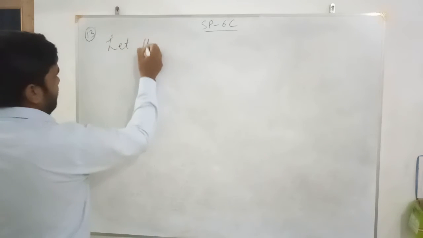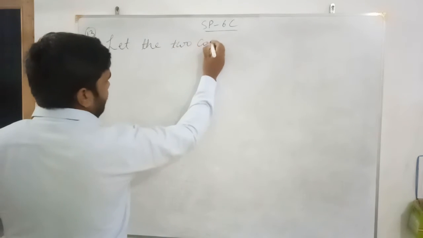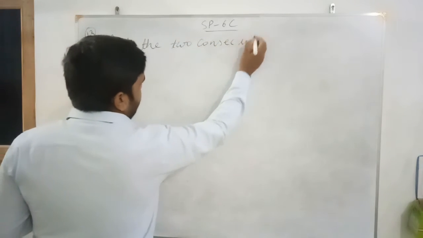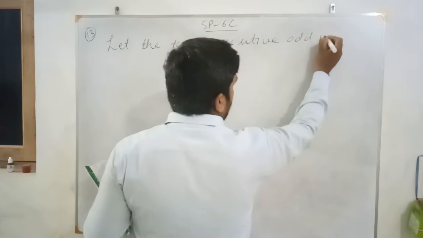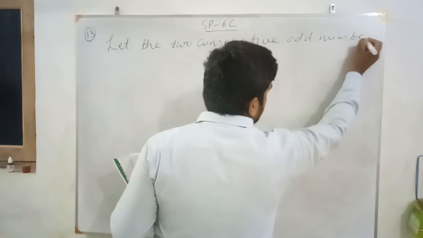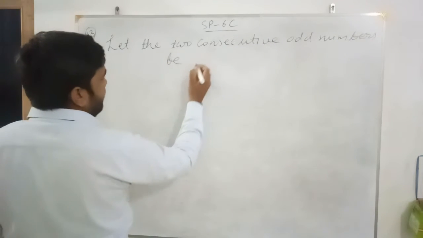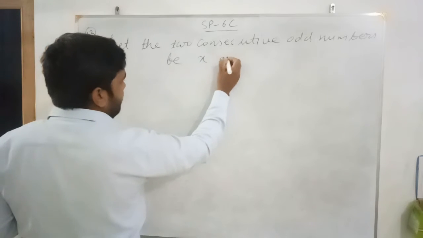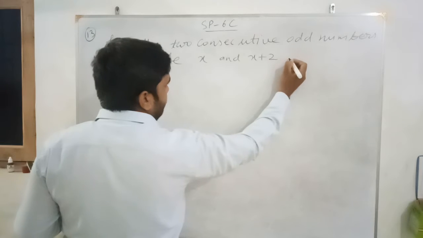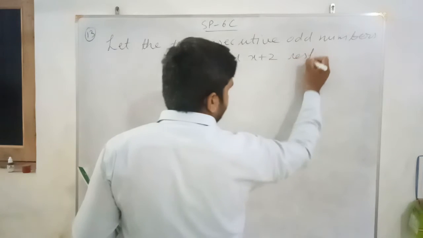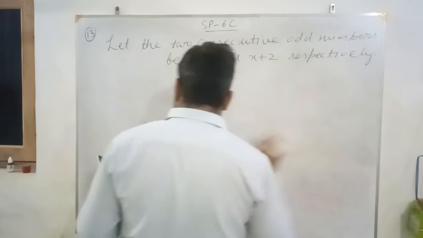Let the two consecutive odd numbers be x and x plus 2 respectively. So here,